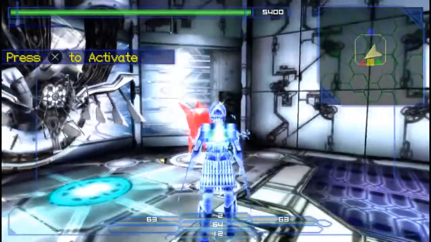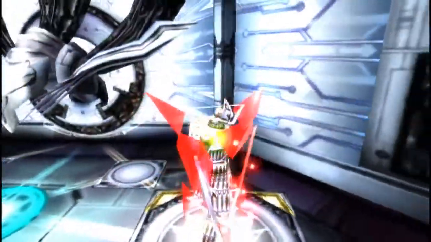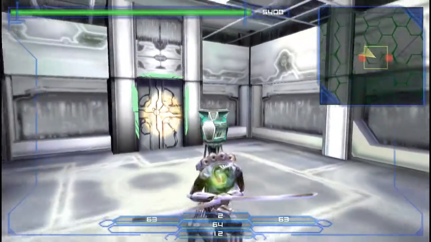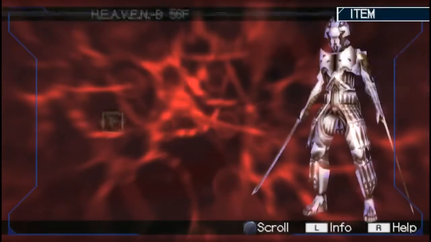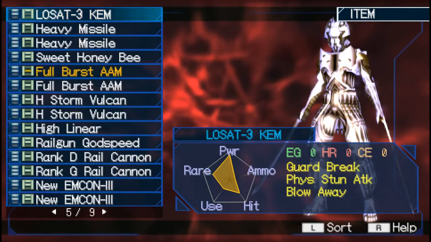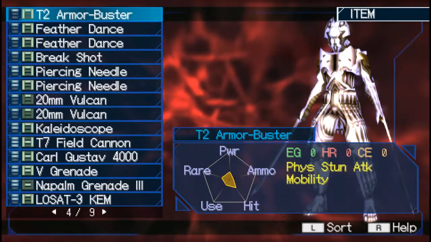Like, I'm getting weapons that are only supposed to drop in your second or third run of the main tower. I think I ran into, like, it wasn't Break Bunker. What was it that I ran into that was like, oh, holy crap. Oh, I know. I thought it was something that was only supposed to drop in Heaven, actually. Where is it? I ran into this. Rank G Rail Cannon. The Rank G Rail Cannon is, like... Let's see, where is the